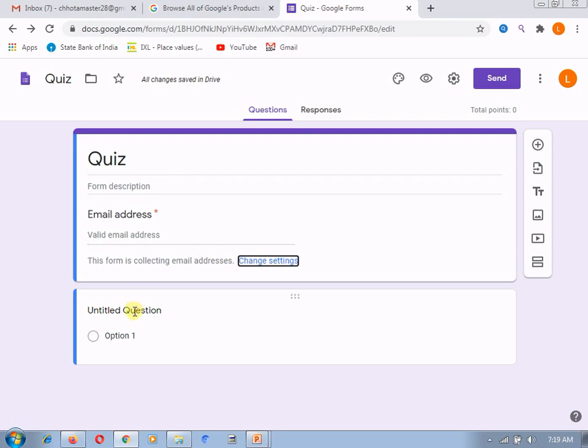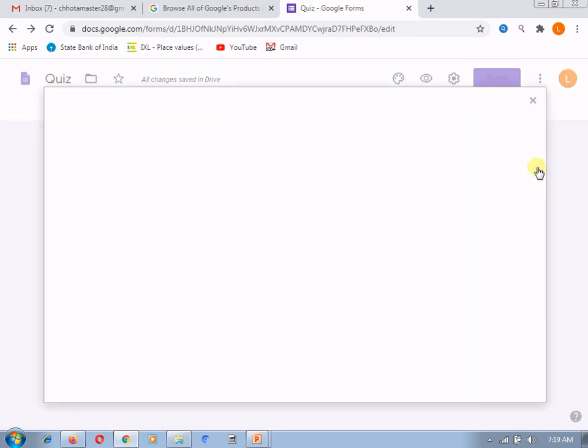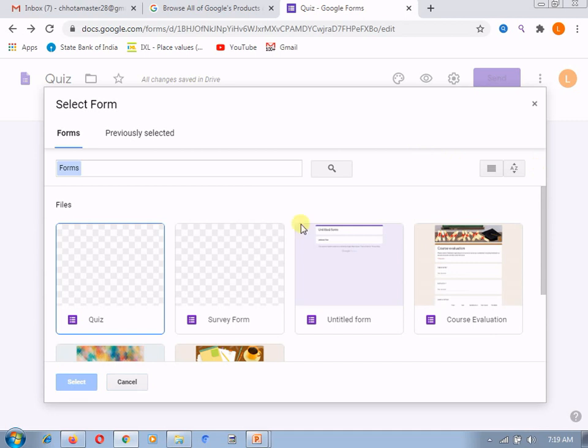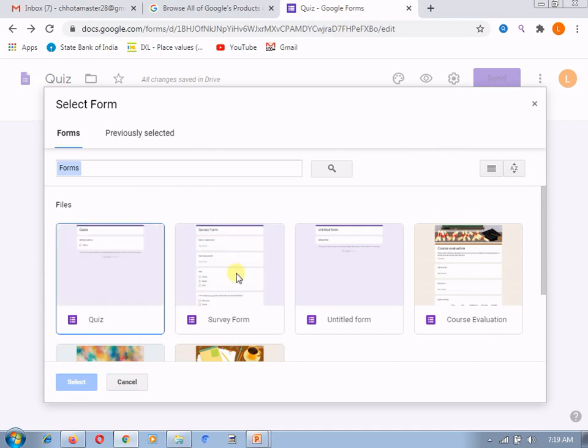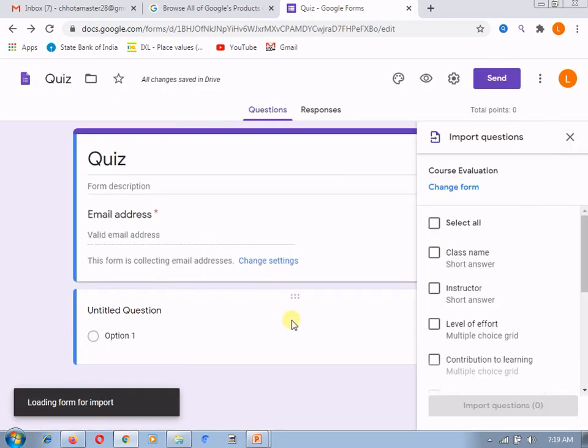Now this is the space where you can add the question. You can also add previous questions from different forms, for example if you want to add the name and phone number and all these things, you can add them from different forms. If I want to add from the course evaluation, it already has all these questions, such as the class name.